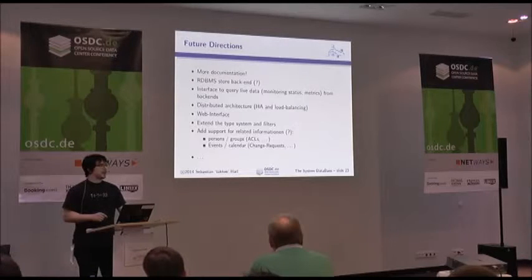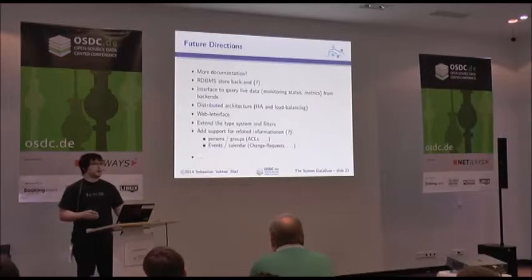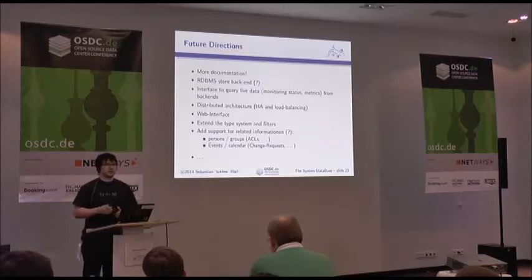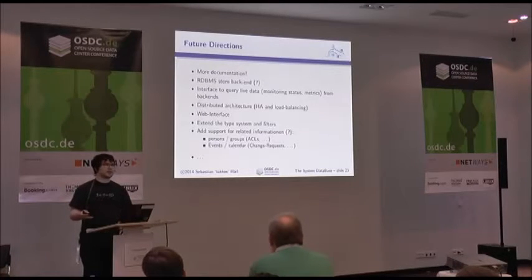What I would also like to introduce, as I said in the beginning, the purpose of SysDB is not to store or process performance data or other historic data. It's only about having basically a snapshot of what my system or my infrastructure currently looks like. But it would obviously be very useful to still be able to access all of that historic information through a unique interface. For example, if you have Nagios and PNP for Nagios, which write stuff to RRD files,